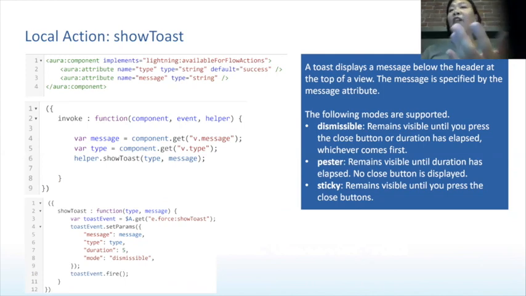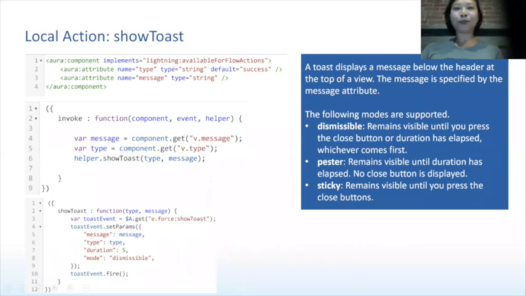If you want to show an error, you can do type equals error, and then the message is whatever shows up as that message. Then in the controller itself, it looks at the variable message, gets that from up above, whatever we typed in for the message. And then for the variable type,